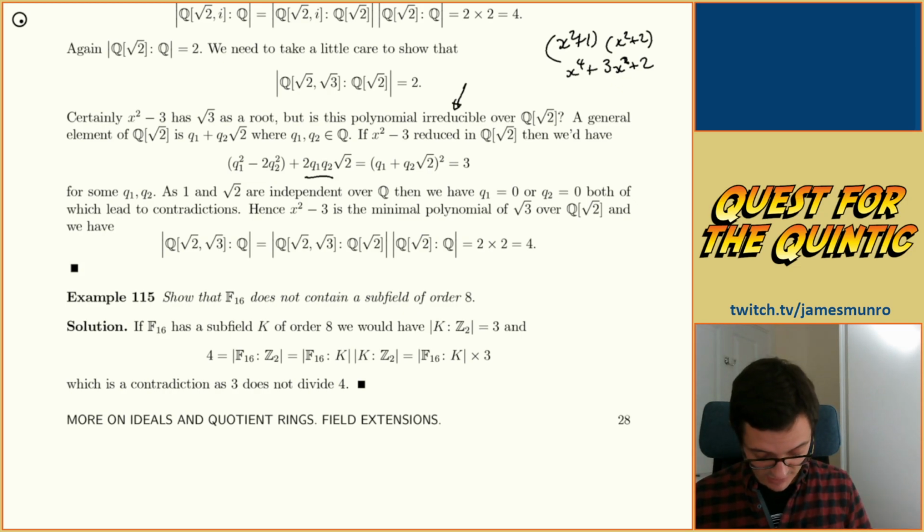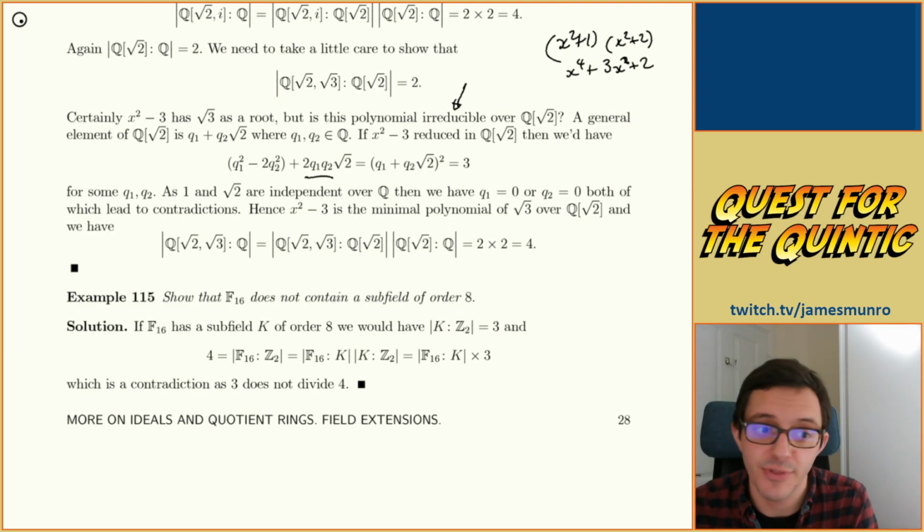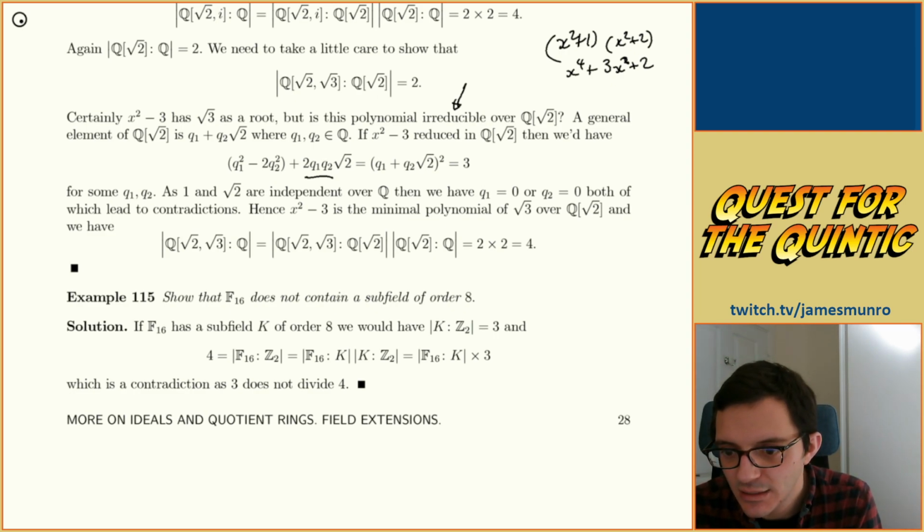This is powerful because this looks like a statement that something does not, right? This field does not contain. That's the sort of thing I'm looking for, right? Quintic does not have. Okay,